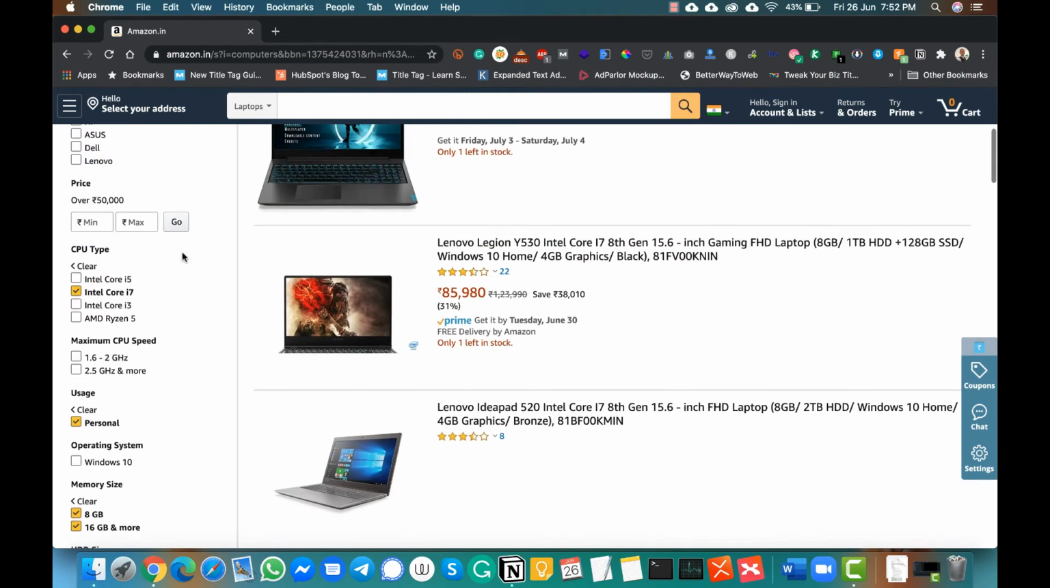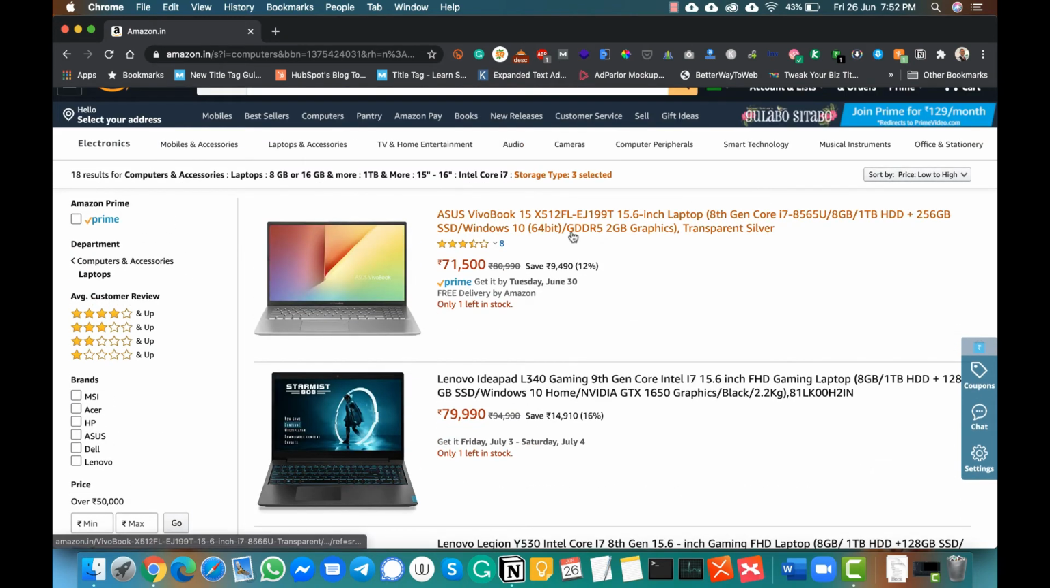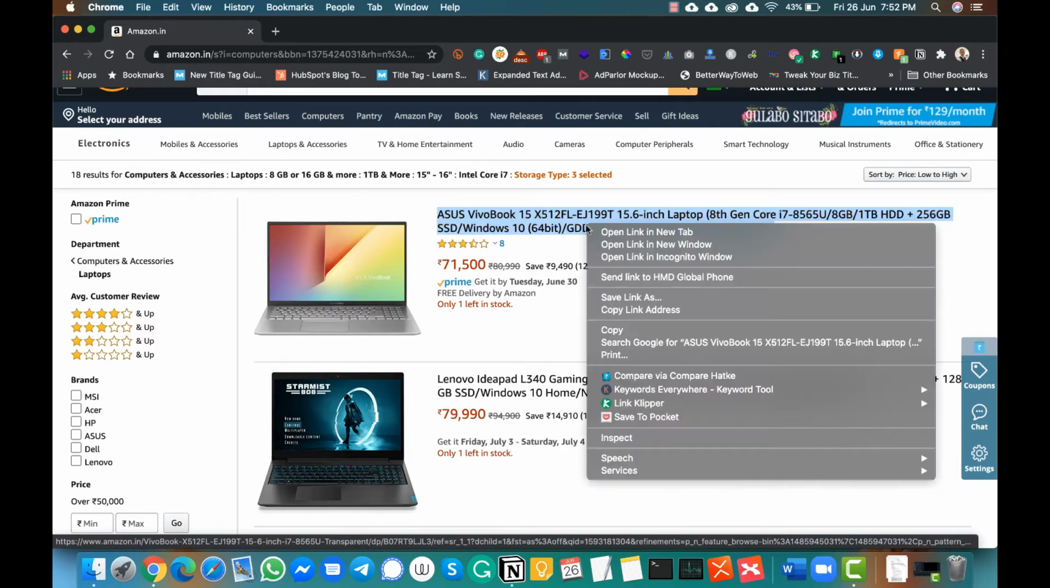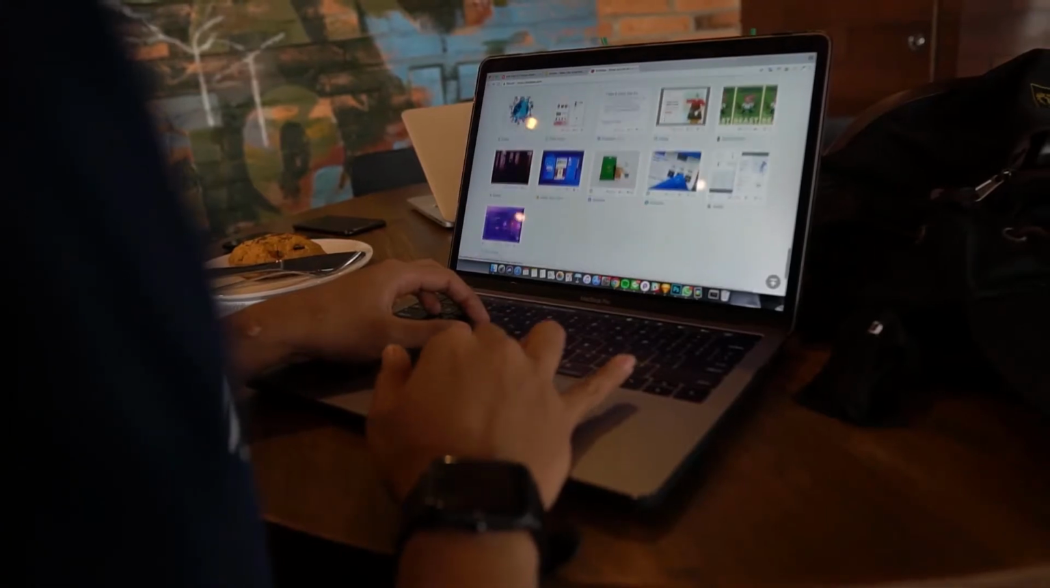A Windows machine with this configuration can be bought at a price similar to the starting price of a Mac, so make your choice wisely. For arts, commerce and journalism students, and this can also be for business students,